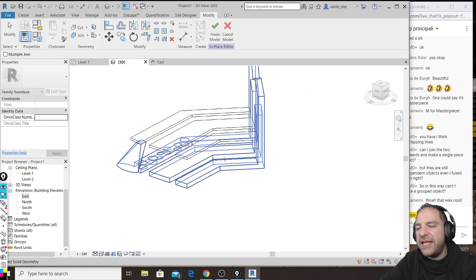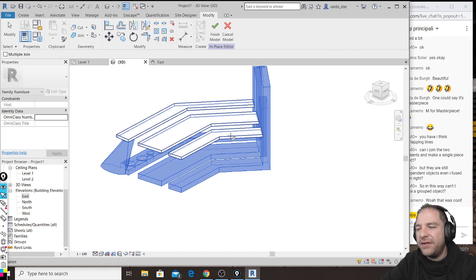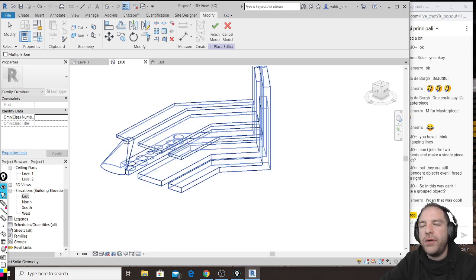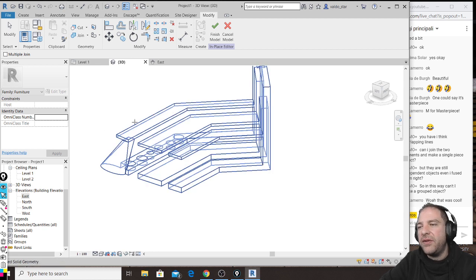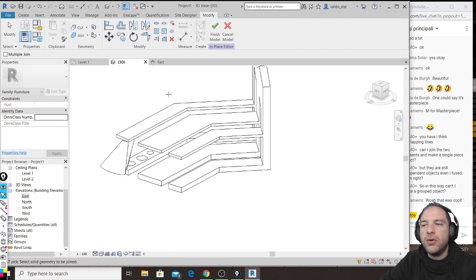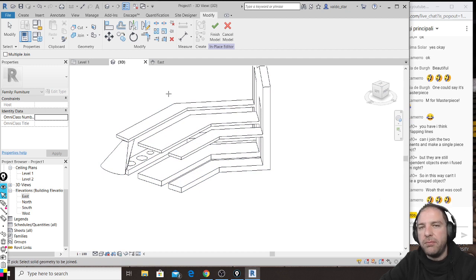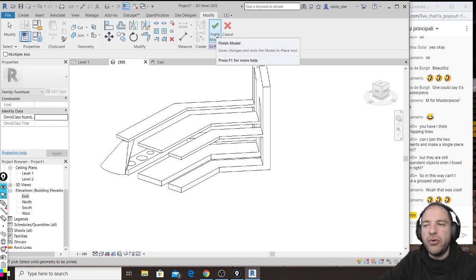Right now, these pieces are 4 different solid objects. But we are still inside the model in place, component model in place. So, check this. At the very right on your modify panel, when you are inside modify model in place, there is a button that says finish model. If I click finish model,